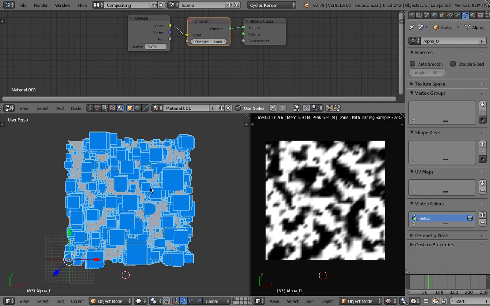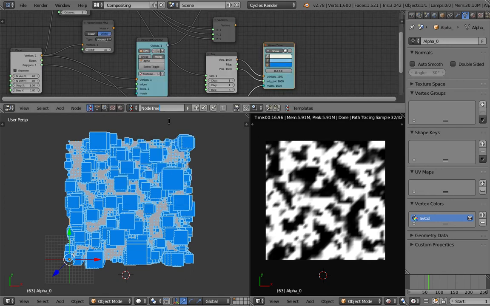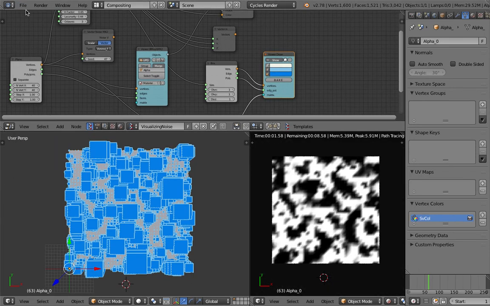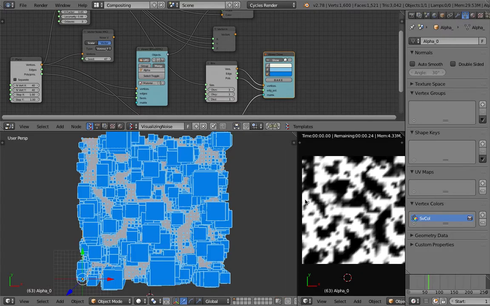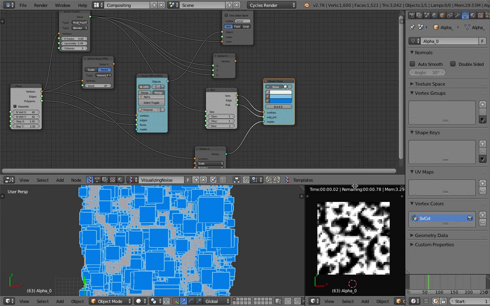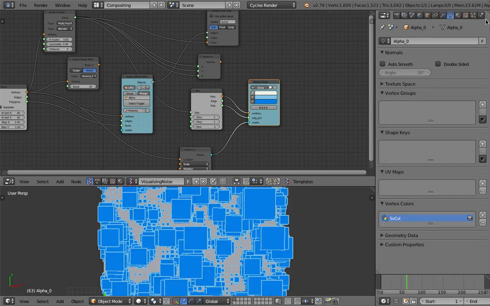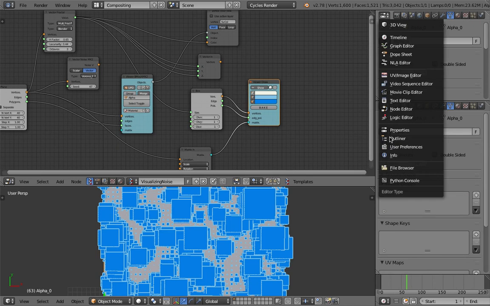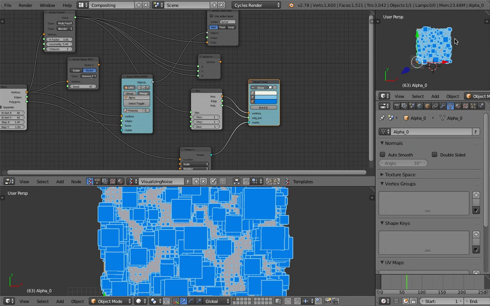We can try to normalize this. So go back to Sverchok here, and this is visualizing noise. Save again. With Cycles, if you make this really small, it's actually super fast. So for that, I think I can just use this 3D view, and these can be rendering. Okay,